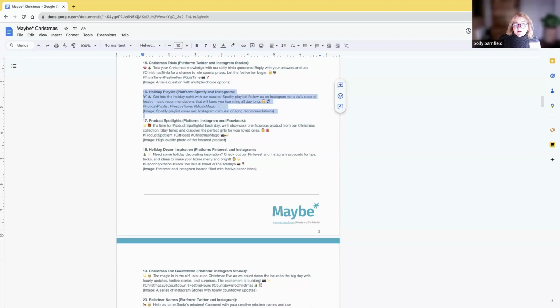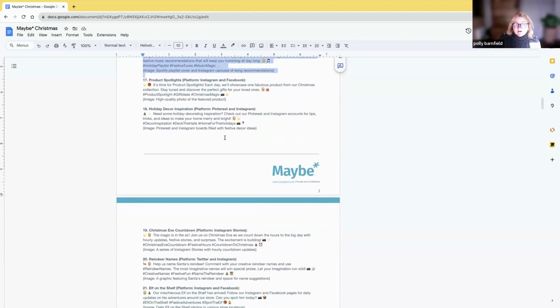Each one of these is meant to spark an idea. Holiday decor inspiration, creating guides. Lots of people think about how to decorate for Christmas this year. And again, going back to the kitchen theme, you could base it around how you decorate your kitchen. Everybody wants inspiration. Everybody wants that ooh-ah factor. They probably want to do it on a budget. You might be selling a very high-end product, but how do you show people how to make their kitchen look even better by having the best Christmas decorations?